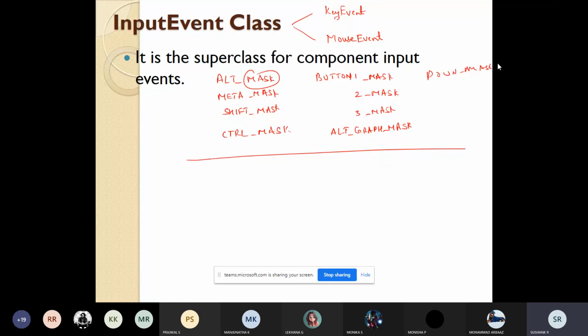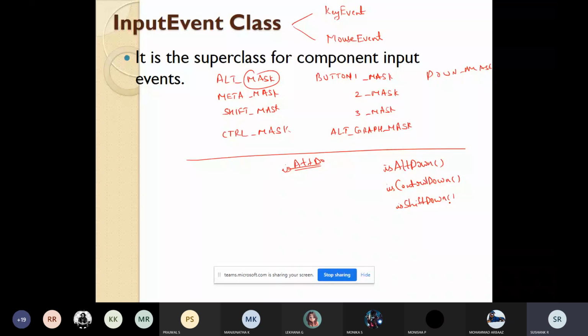If you want to check whether a certain button was pressed when the event was generated, you can use functions like isAltDown. One second, I'll write it here. isAltDown checks whether you had pressed a key at the time of event generation. Similarly you can use isControlDown and isShiftDown.